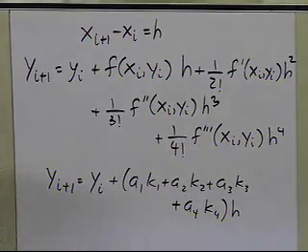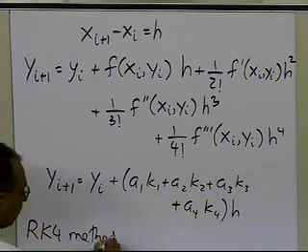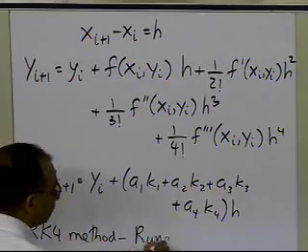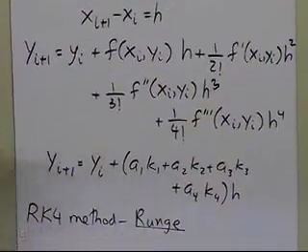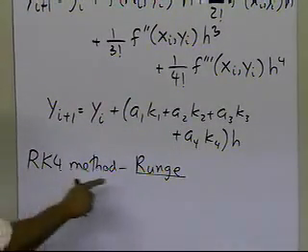You are just calculating the values of the function f at certain points. What I mean by that is, let's look at one of the versions of the Runge-Kutta fourth order method, which is called the RK4 method. This one was developed by Runge himself. I'll show you another formula, which was developed by Kutta, in a little bit. So we've got the RK4 method.